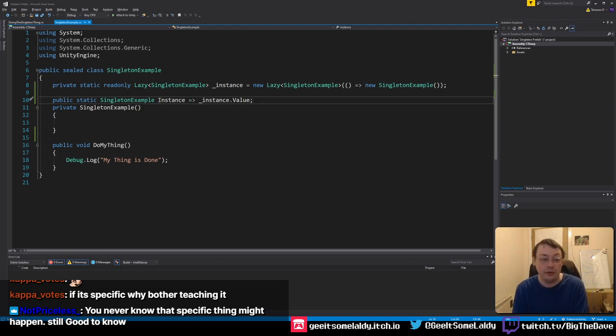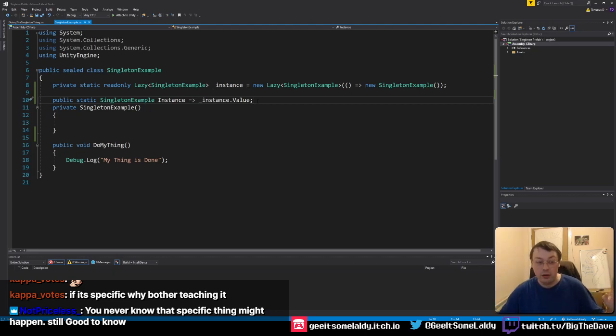But the traditional singleton is not a good tool for Unity because, as I've said, Unity is designed to work off of components, game objects, all that kind of stuff. It's supposed to be instances of things, whereas a singleton is this god object, which is what the danger is in a singleton. The danger of a singleton is that you just have this one object that does everything, and it's really, really tempting just to stick all your code in this singleton and have it run your whole game. But singletons are useful in small instances where you want to do some very specific things